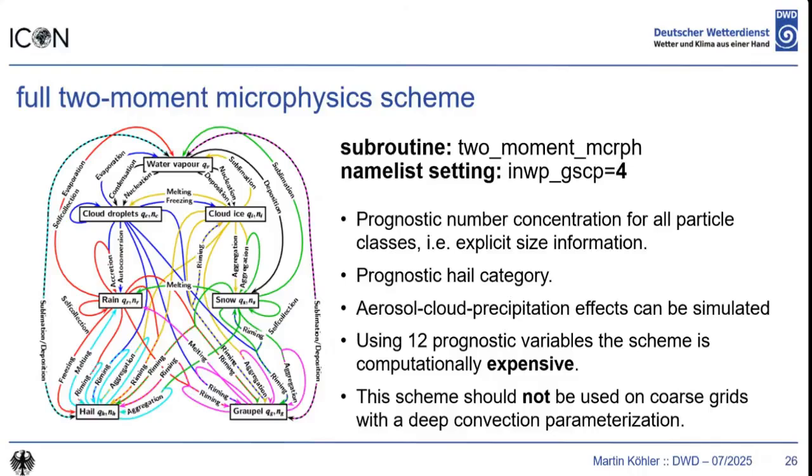One of them is the full 2 moment microphysics scheme. So now we don't do the 2 moment scheme only for ice clouds, but for all the quantities. You can see on the left hand side, it always has an N: NC, NI, NR, and so on. So now you have 12 prognostic variables, and it is quite expensive. But